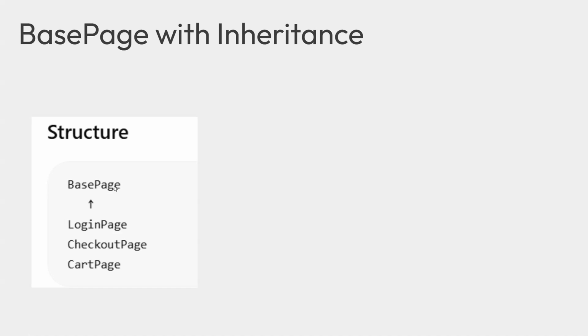So let's understand the first way of creating the UI utility. We can use inheritance, one of the core pillars of object oriented programming, where we can create a base page and put all the UI interaction actions in this base page, which becomes the parent to all these pages. So login, checkout, cart, registration, n number of pages you might have, they all will become child to the base page. And in the base page, we are going to put the code of UI interaction.